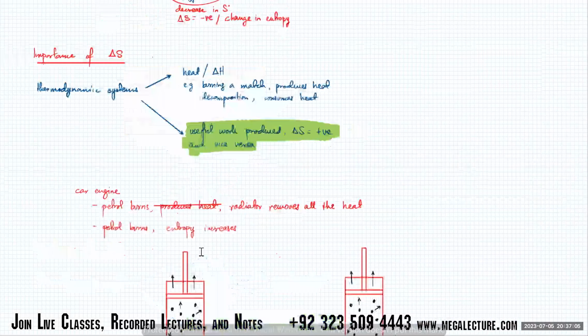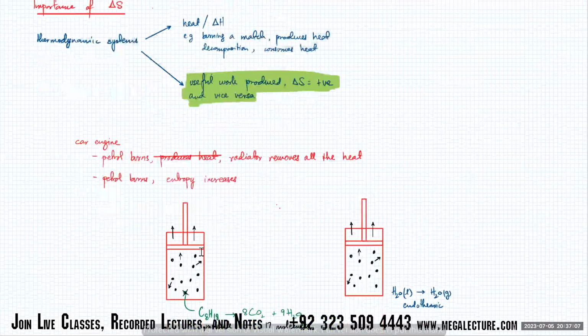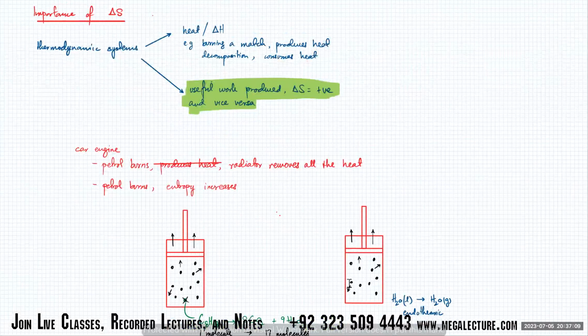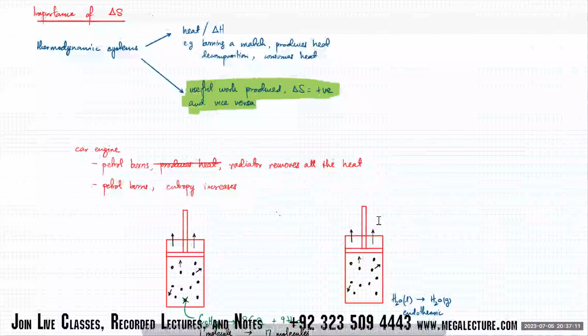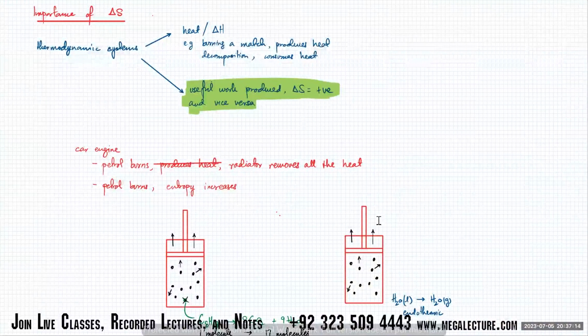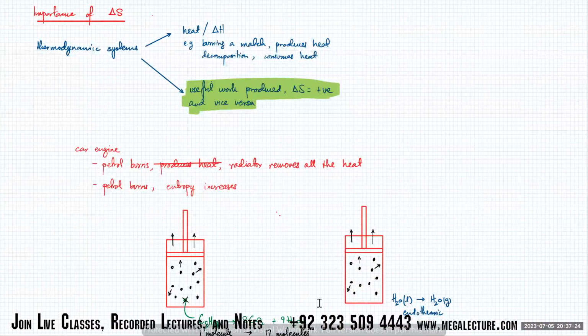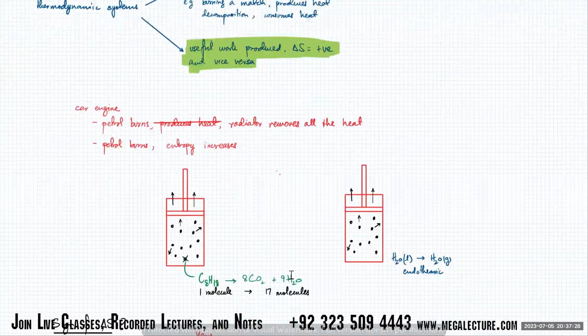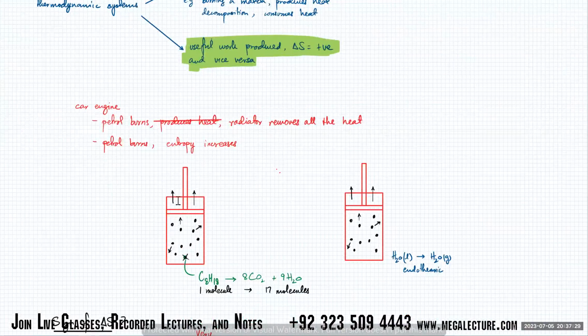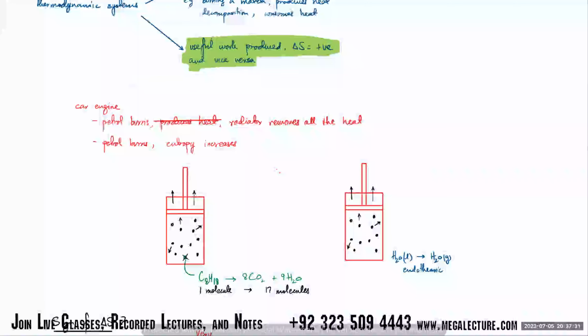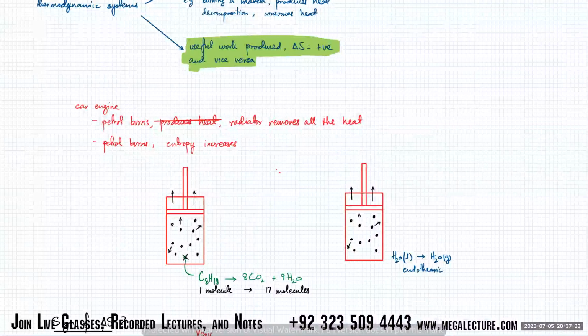Then I told you about the importance of entropy, which was that if a lot of disorder is created, a lot of useful work gets produced. So if liquid water turns into water gas, a lot of gas particles and a lot of disorder would be created and the piston would start moving upwards. Same with petrol combustion engines, a lot of disorder gets created, and that's why the piston moves. So that's one thing.